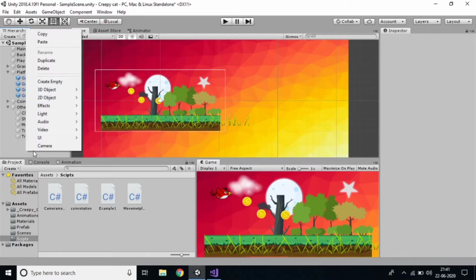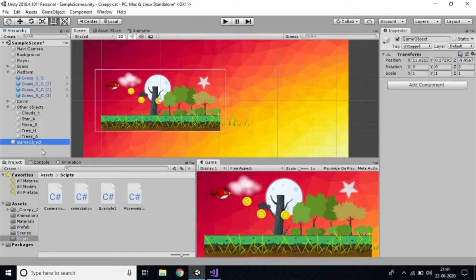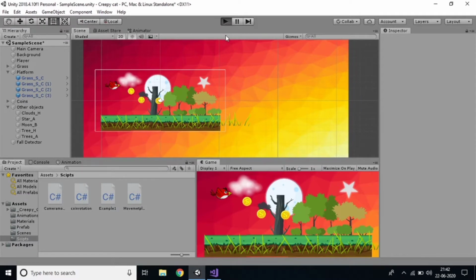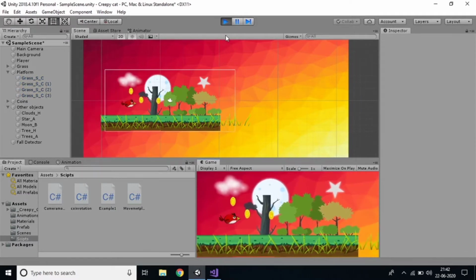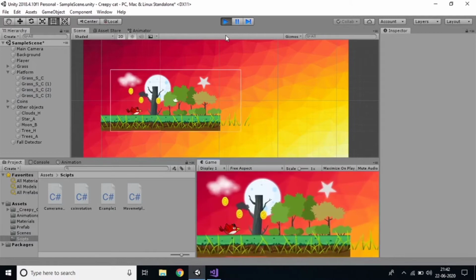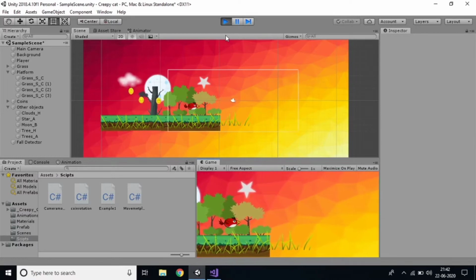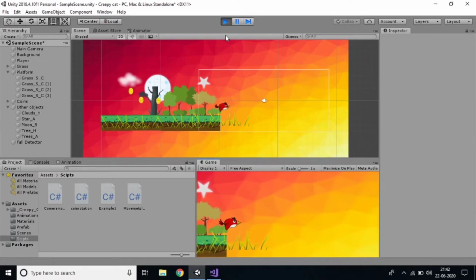So just right click here and create an empty object, name it fault detector. If the player falls down, it's falling down, but I want the player to start again from this position.